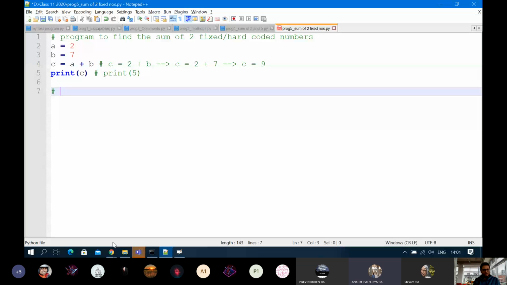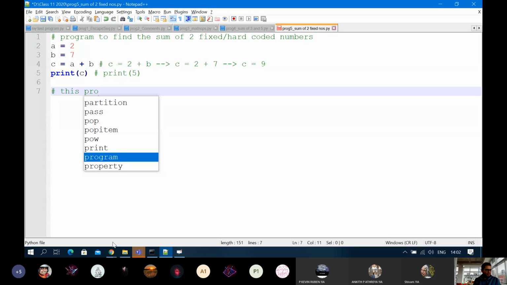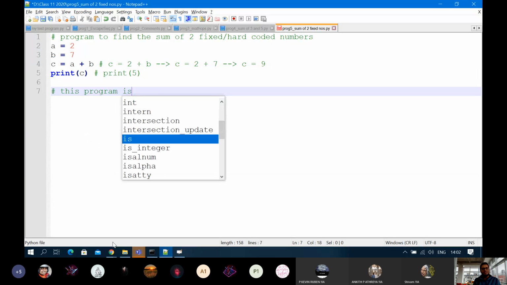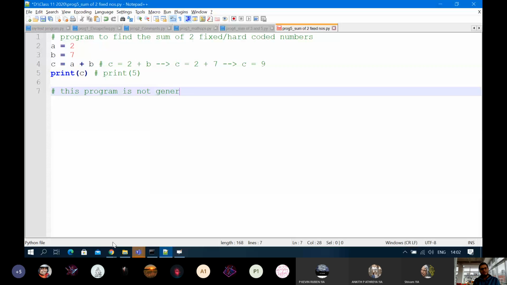Okay. So this program, and if at all you want to change, every time you will have to come back inside the script and then you will have to manually change it and then run again. So this program is not generic.